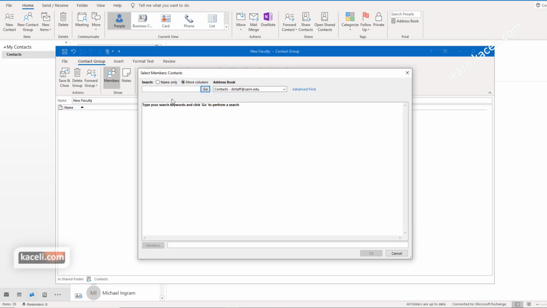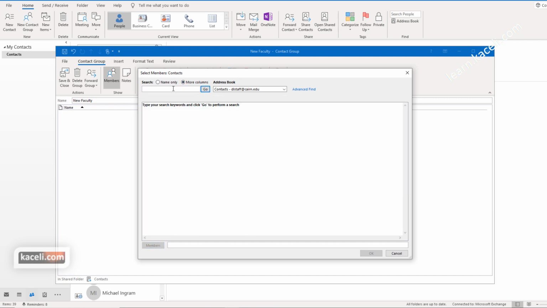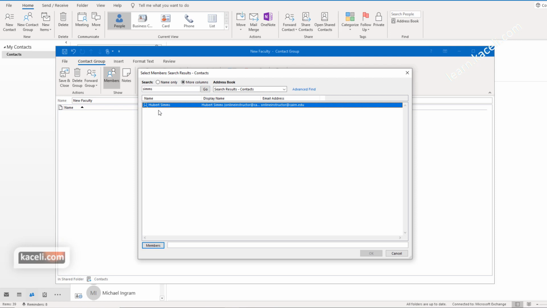So click on it, and then notice we can search by name, and it's going to display all the names here of our contacts. Or if we wanted to search by more fields, for example, such as last name and so on, then we can just simply type it in there and then press go, and it will display the contact that we want. You can either double click on it and it will put it under the members list here in the bottom,